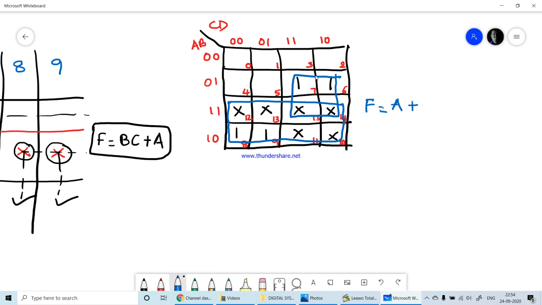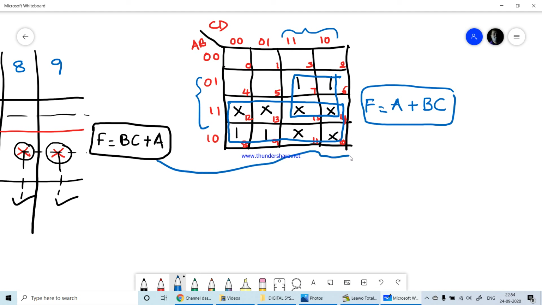Plus, now with this 4-bit sequence which is grouped, horizontally you see these two sequences, vertically you see these two sequences. In these two you have 0 and 1 for A, so A gets eliminated. 1 and 1 is for B, therefore B. And with these two sequences you see 1 1 is for C and 1 and 0 for D, so D gets eliminated, so you are left with C. So this is the expression. So this and this are equal. Therefore using K-map also you got the same expression.